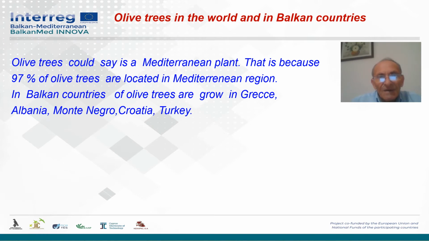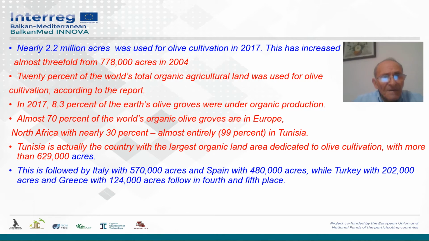Olive trees in the world and in Balkan countries. Olive trees could be said to be a Mediterranean plant. That is so because 97% of olive trees are located in the Mediterranean region. In Balkan countries, olive trees are grown in Greece, Albania, Montenegro, Croatia and Turkey. Nearly 2.2 million acres of the world's